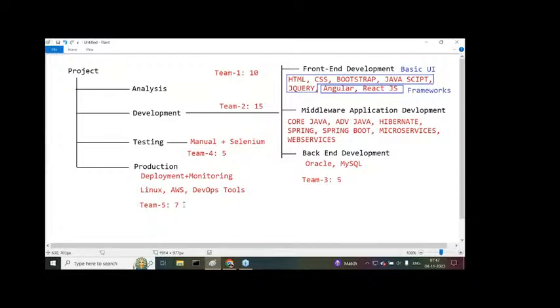1 or 2 members less or more, whatever it may be, then nearly a 50-member team. 50 members must work on this particular project or not? Understand what I'm telling you. So 50 members must work on this particular project or not? Okay. Out of these 50 members now,